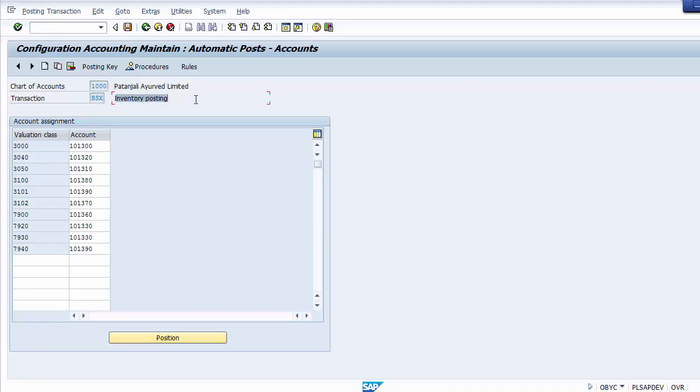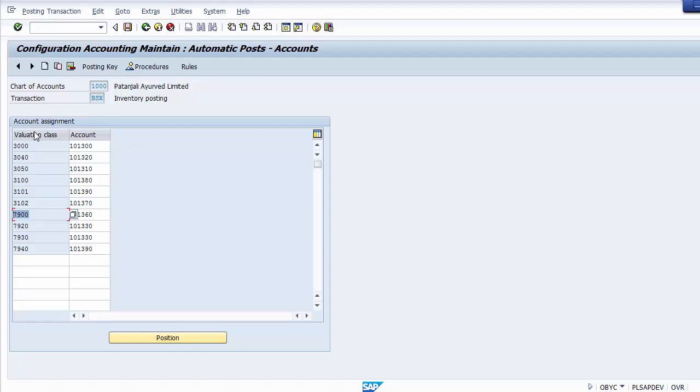Now you can see on the screen there is a chart of accounts and the transaction is BSX, that is inventory posting. You can see that every valuation class has a different GL assigned to it. Now how has this been assigned?